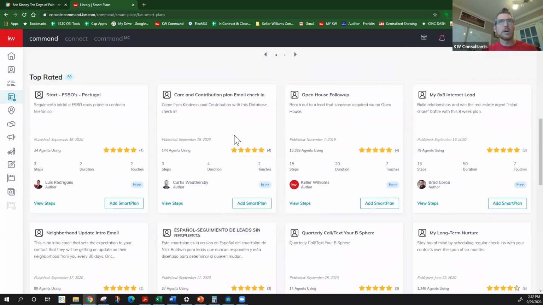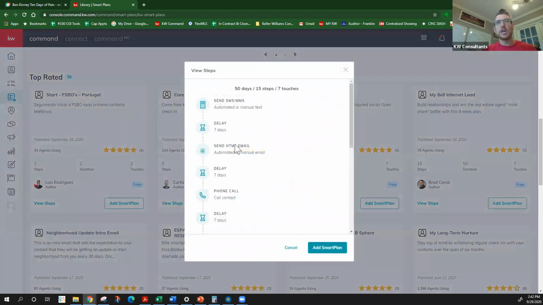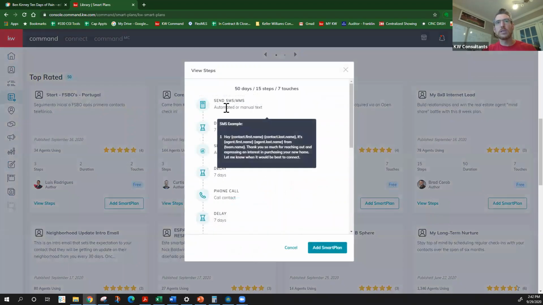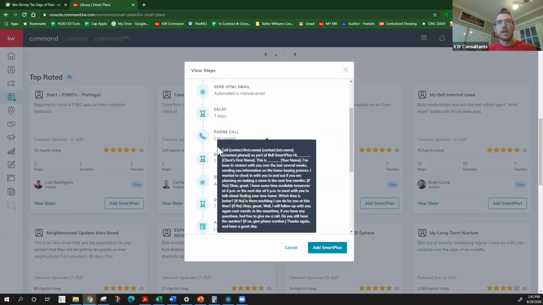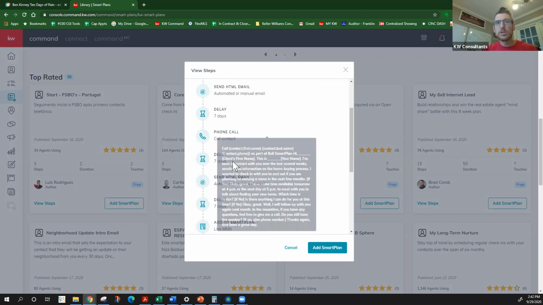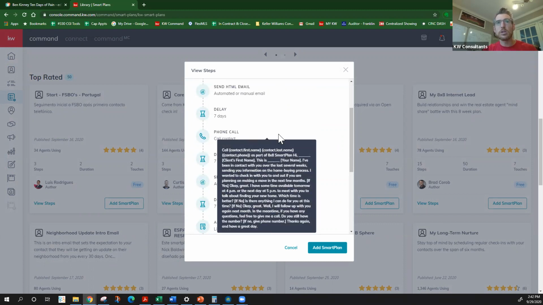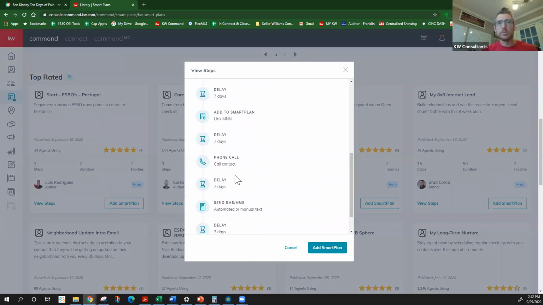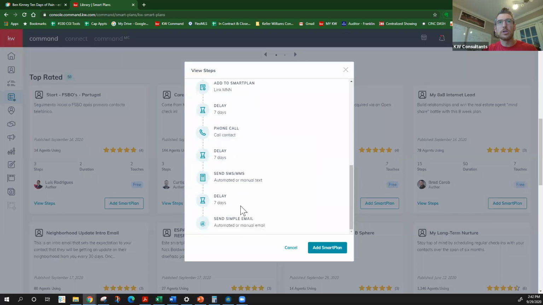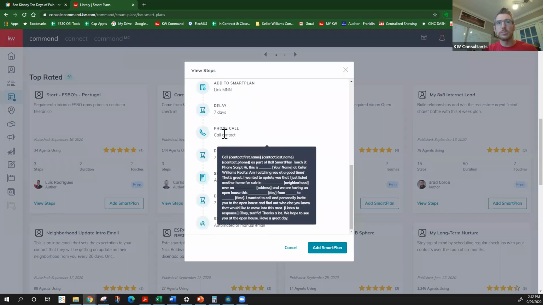Let's see, there we go. So like here's one on an 8x8 for internet leads. And it's just saying to go ahead and send a text and then send this email and then another phone call, and it gives you the actual whole script to use when you're calling them. And then the link to the monthly neighborhood nurture, the call, again, a whole other script.